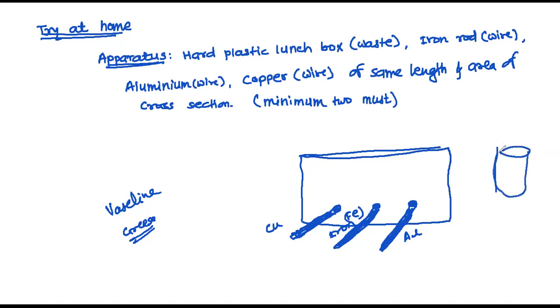And now, as I told, this is a hot water mug. Boil the water and pour it into this, suppose now till here you have poured the water. No need to keep any lid. If you want, you can keep also, not an issue. And you see up to what length the wax is going to melt. Measure that length.